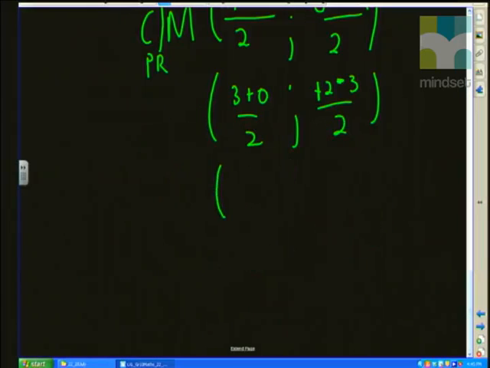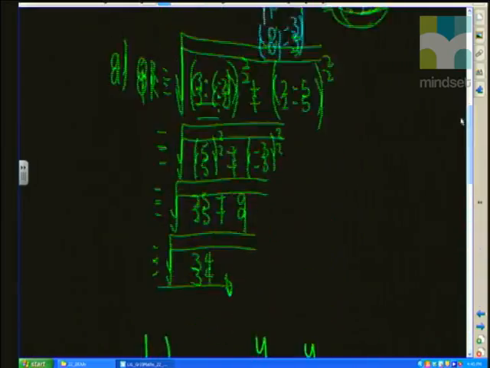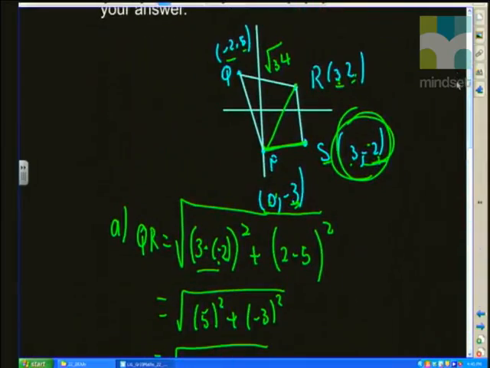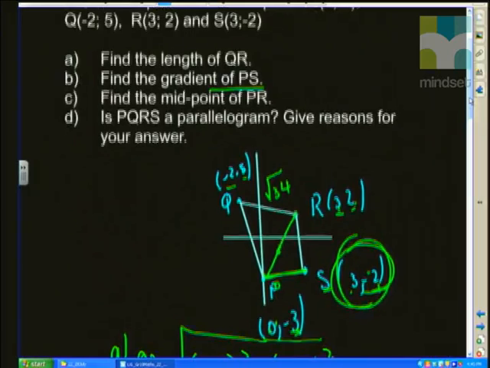And that's going to give me 3 over 2 and minus 1 over 2. Okay, so we've got the midpoint of this diagonal PR. All right, we've got that midpoint there. The next part of the question says,